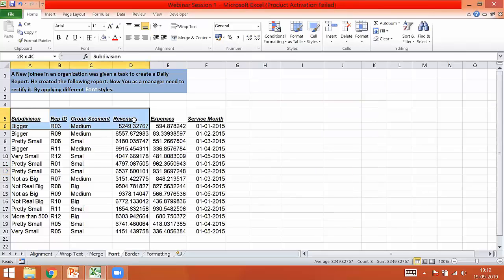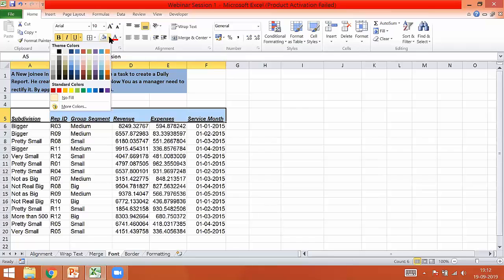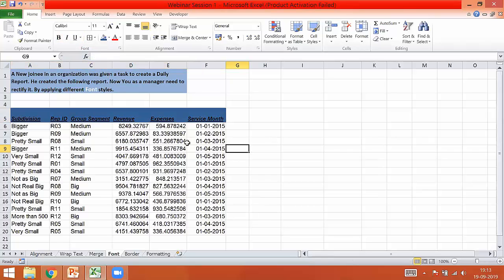So now I'm not using either one of them. I'll just fill the color with, let's say, this dark blue. So you can see, if I have filled with dark blue, the text, that is, the subdivision, rep ID, and all these headers are not really visible. So what I can do is use the text color option, that is this option. It says font color.